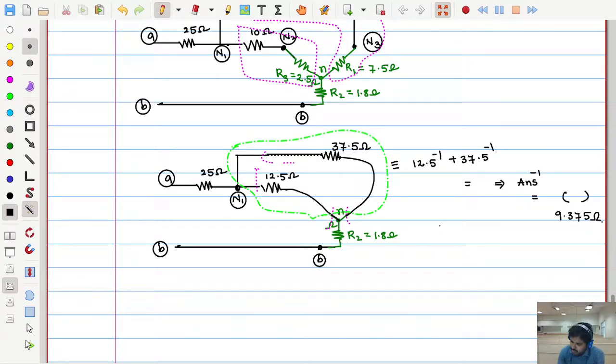So here what I did is that 12.5 into 37.5 by 12.5 plus 37.5. Exactly, I did this in a different form. What is that form? I hope you might have already had that idea, or we can do it in this. How much is this value? Once, can you confirm that same value? Is this the same value?